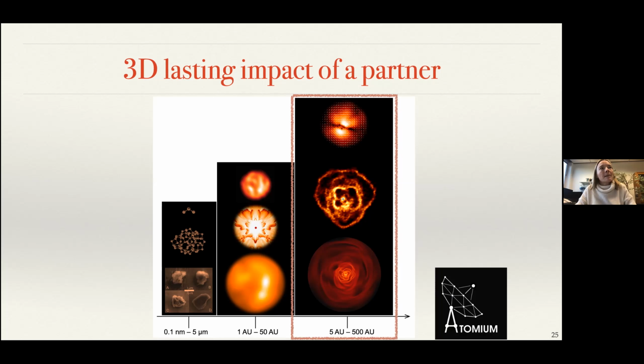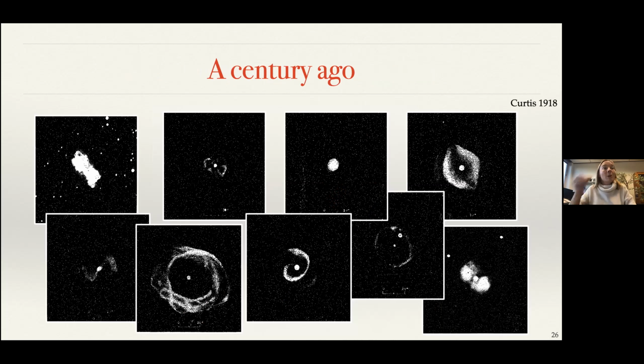So I start this second part with a little bit of history. And so we go back almost one century ago, when the first photographic atlas of planetary nebulae was published. So for the master students, AGB stars, when they have shed off most of their stellar winds, they will go back to the stage that their temperature will increase, and then the UV photons will illuminate the stellar winds. And that's the stage that we call the planetary nebulae phase. And in 1918, Curtis published this first photographic atlas of planetary nebulae,